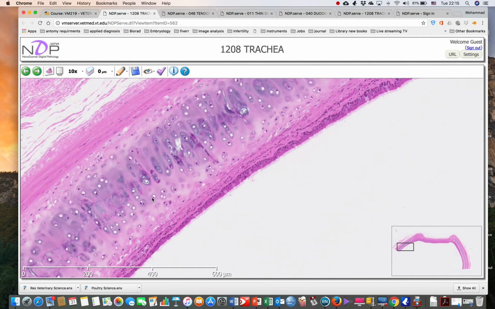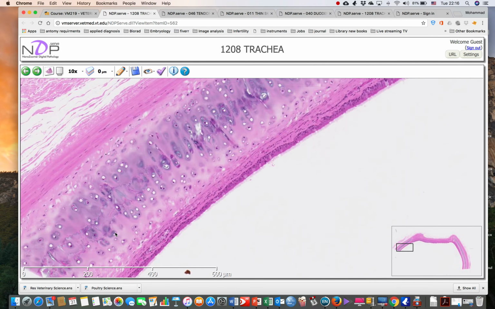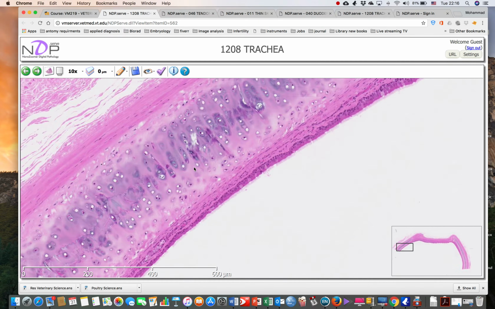Sometimes we can see in one lacunae we have only one chondrocyte. Sometimes we can see more than one cell, 2 or 4 or even more, up to 8 cells. This group of cells, when the lacunae have more than one cell, is called isogenous group. Isogenous group, this area here,